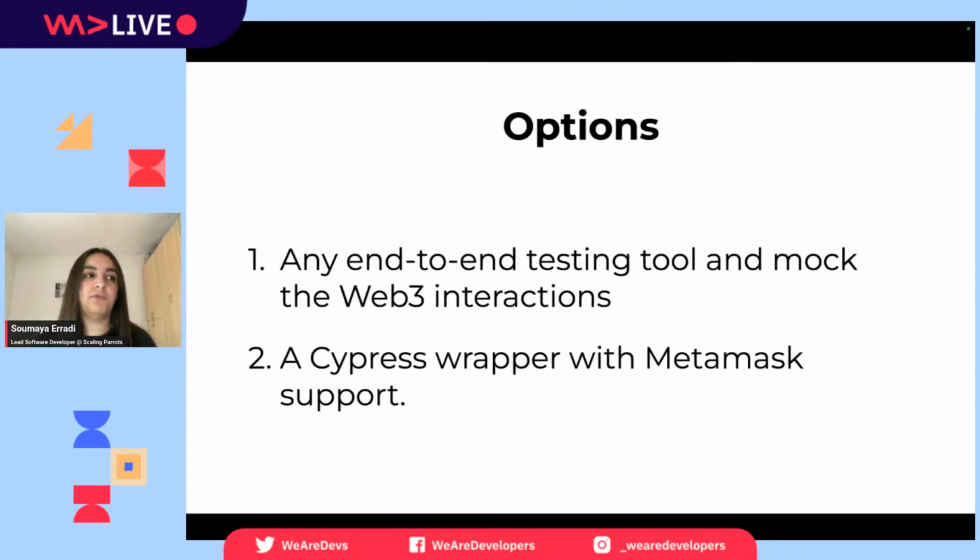Actually, for many years, there was just the first option, that is to use any end-to-end testing tool and then just mock the Web3 interaction. We are not actually testing what is going on in the wallet, and this was really a problem for our applications, but it was the only option, because there was no way to actually interact with something that is not on the same